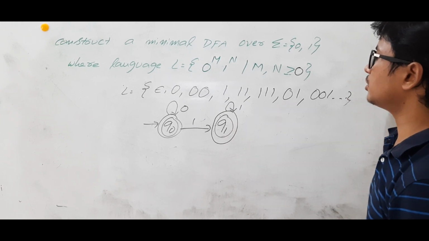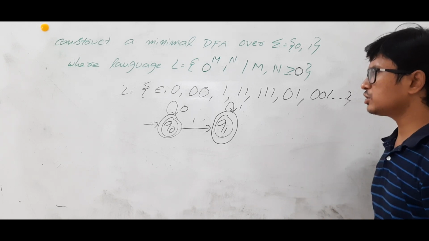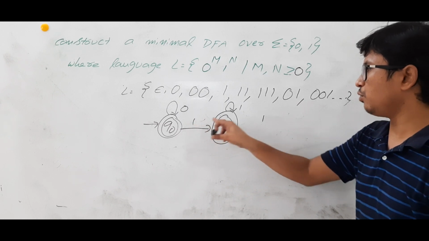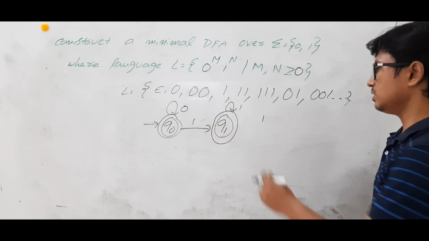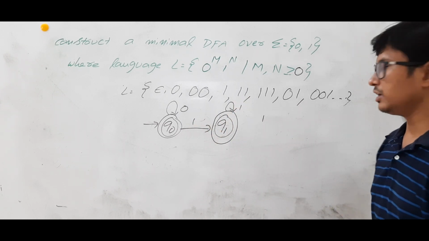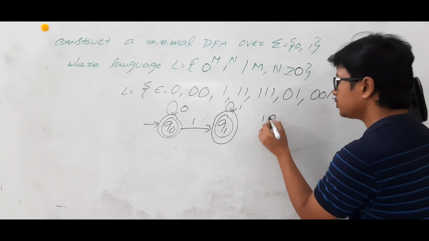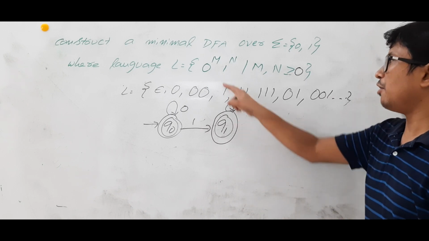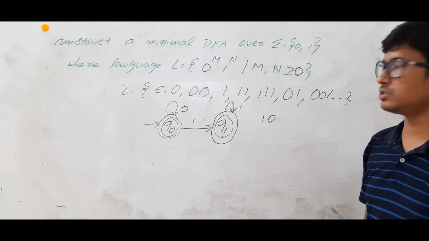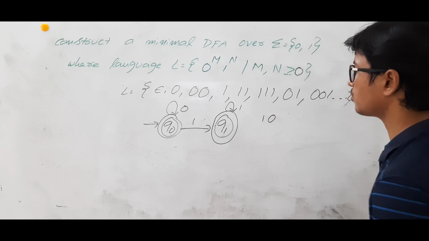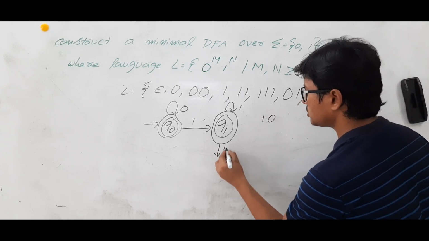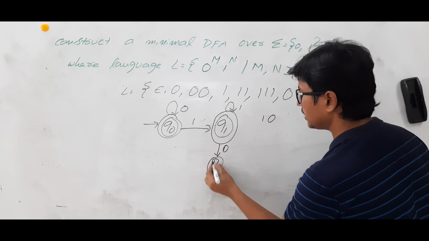We will take on 0. How do you reach Q1? Minimum string is 01. By checking the 1, you would have gone to the state called Q1. If you get an input 0, does 10 belong to language L? No. Once you see a 1, you should not see a 0. So it does not belong to language L. If it does not belong to language L, what should I do? On 0, it should go to a dead state.